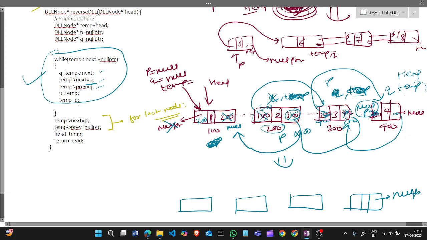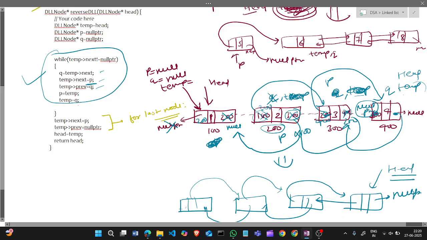This node is pointing to this, this is pointing to this, this is pointing to this, this is pointing to this. So automatically it is reversed, and this has now become the head. So in this way we reverse the doubly linked list.